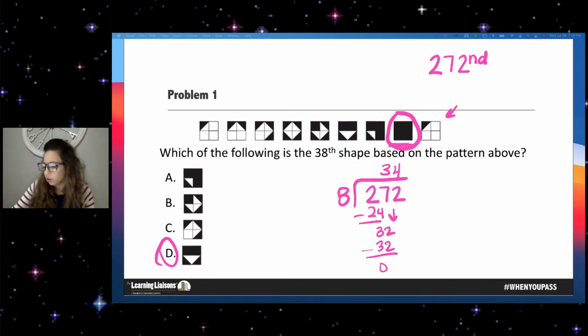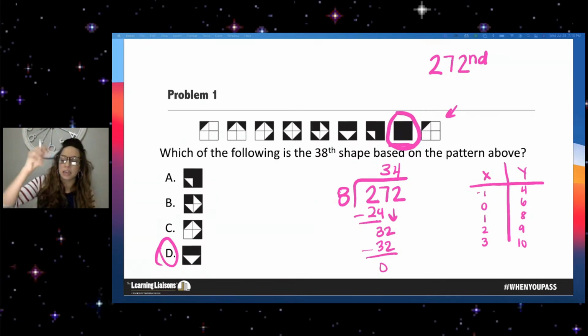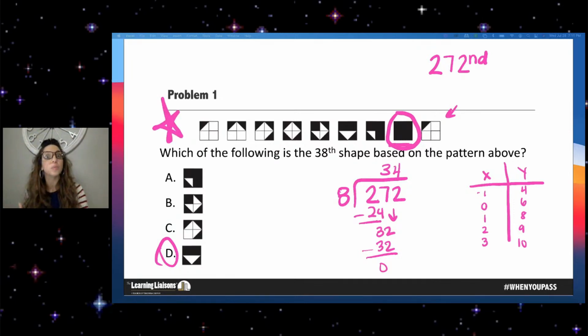All right, why is this important? Well, because then as they get older, we start looking at X and Y relationships. Middle school and high school teachers, this one's for you. So if you kind of tuned me out because you were like, this is on an elementary exam, this part's for you. They need to start to be able to recognize patterns between numbers. So if I gave you -1, 0, 1, 2, 3, and then I gave you this, and I said to them, what is the pattern that you see? Students should be able to see that pattern, which is why understanding these kinds of patterns is super critical.